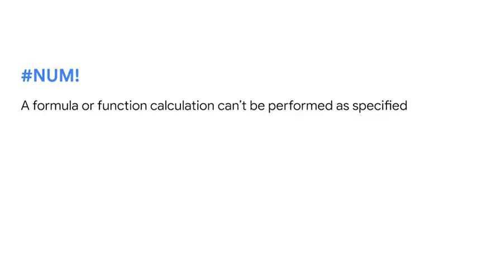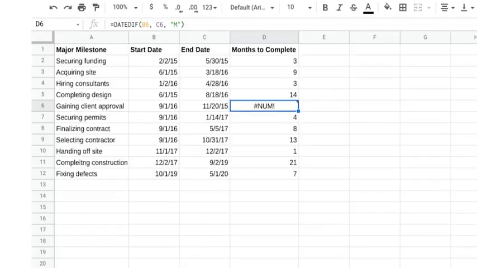Perfect. Sometimes an error is caused by inconsistent or wrong data. For instance, the num error tells us that a formula's calculation can't be performed as specified by the data. The data doesn't make sense for that calculation. Here's what I mean. Suppose we're working on a large construction project and using a spreadsheet to track how many months it takes to reach key milestones. We can use the dateDiff function to calculate the number of months between start and end dates. The function requires the start date to be in the first cell referenced and the end date to be in the second cell